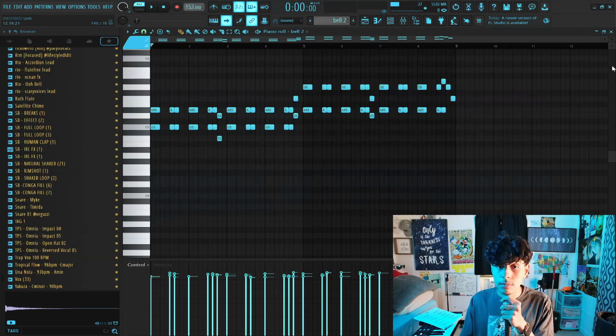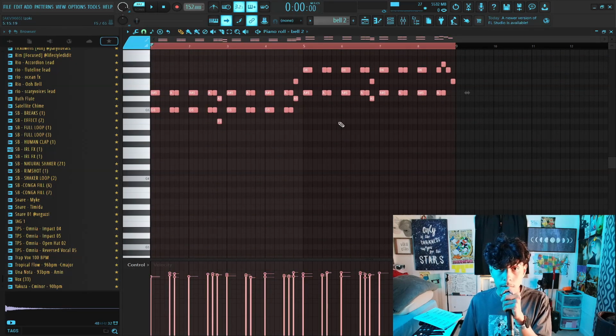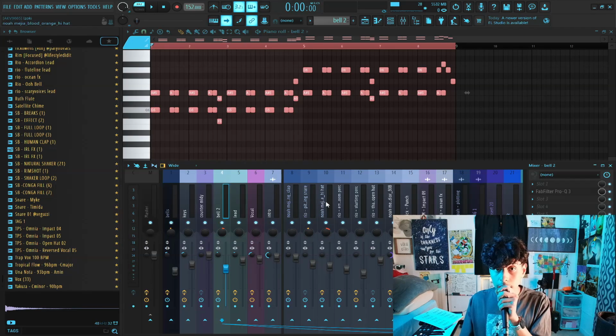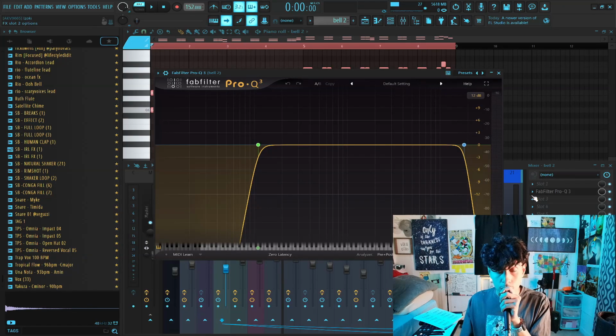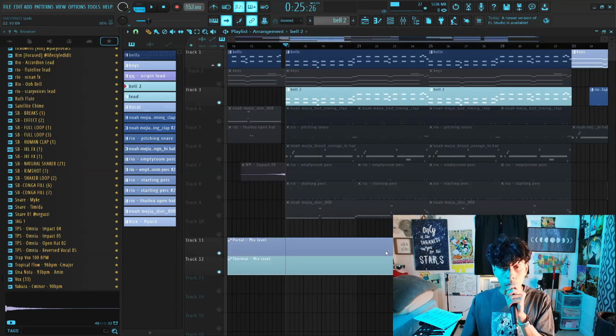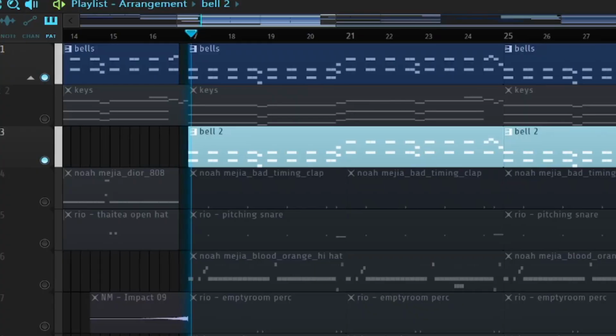Copy and pasted it, moved it up an octave. How did I do that? Just highlighted the full melody from the first one. It was here originally. Then I just held control and pressed up arrow, and that's it. Plugins for that: an EQ, which is doing the exact same thing that the first one did. Super simple. Those two bells together